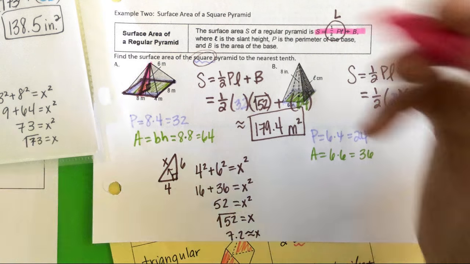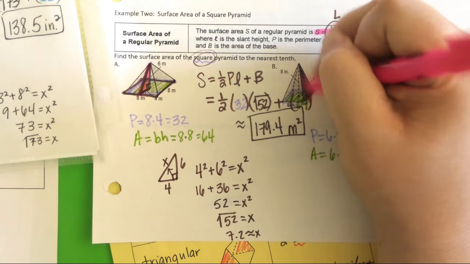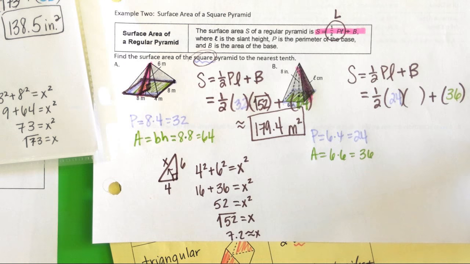And now here we are again. Okay, for the 24, you did 6 plus 6 plus 6 plus 6, and it would still be 24. And then you did 6 times 6, because it's a square. Okay, so again, we're at this point in life where, sadly enough, there is no number on that